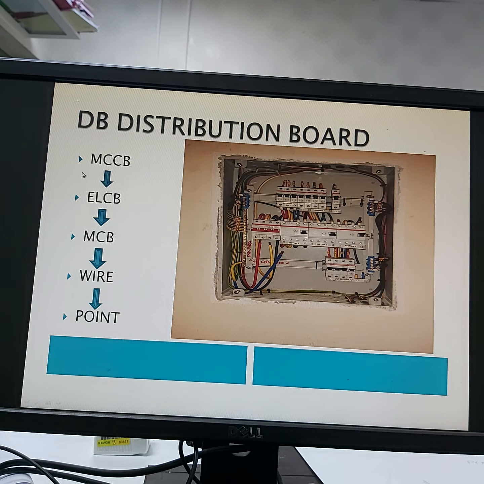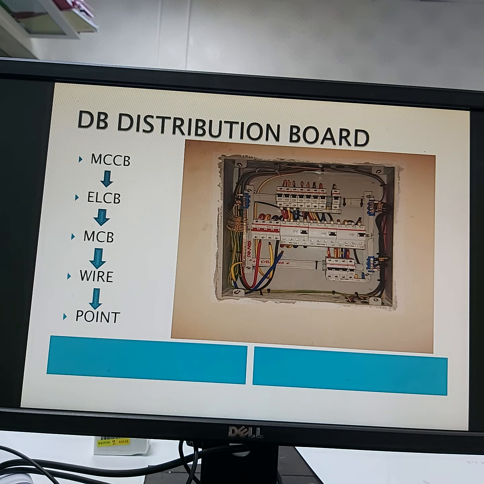After the MCCB, there are some ELCBs. Here are 1, 2 and 3 ELCB. One ELCB is for lighting, one ELCB is for sockets and water heaters, and one ELCB is for AC. So every ELCB has some MCBs.